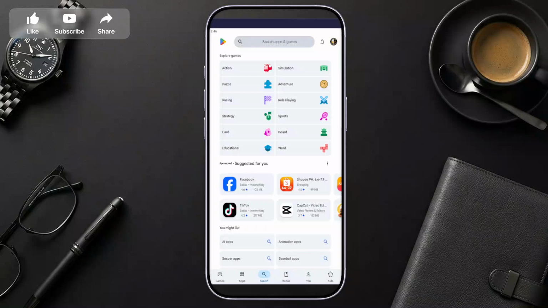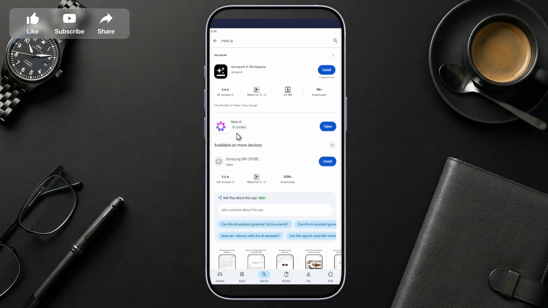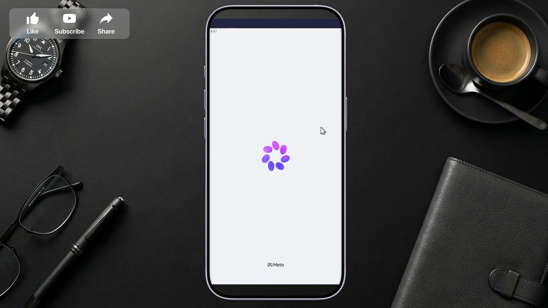In today's video, I'm going to teach you how to create a Meta AI account on mobile. To get started, open the App Store if you're using an iPhone or the Google Play Store if you're on Android. In the search bar, look for one of Meta's apps such as Facebook, Instagram, Messenger, or WhatsApp. If the app you want to use is not already installed on your phone, go ahead and download and install